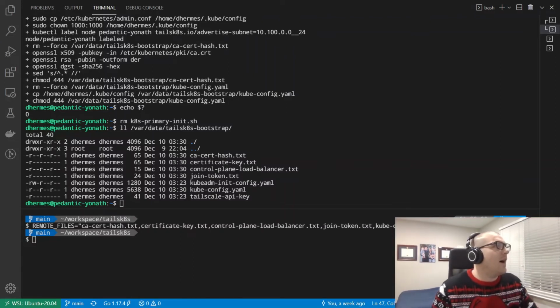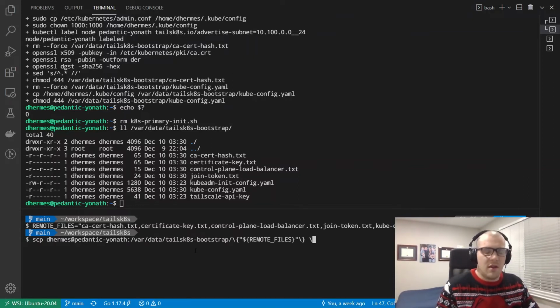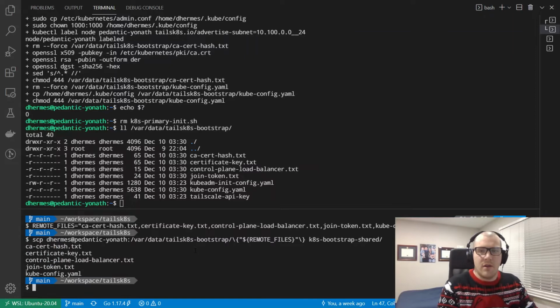config. And I'm going to copy them from dhermes at pedantic yonat. Let's see. All right. And then I want to copy them into this Bootstrap directory here. Great. Okay. So I should be able to use kubectl